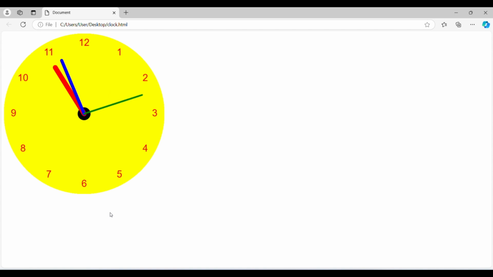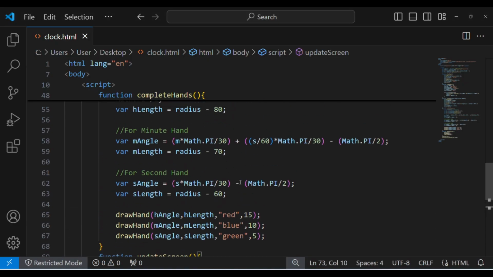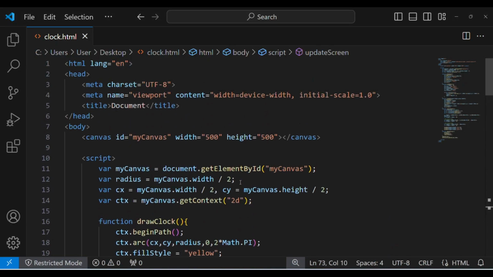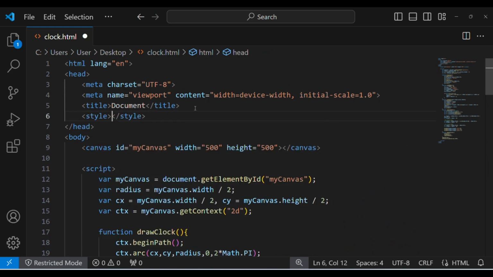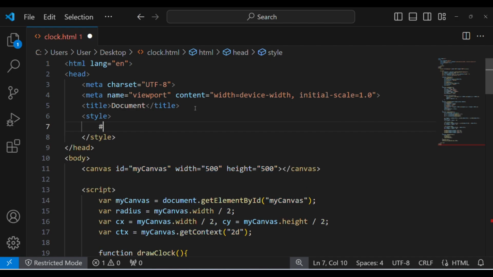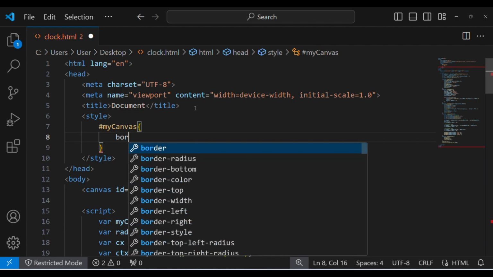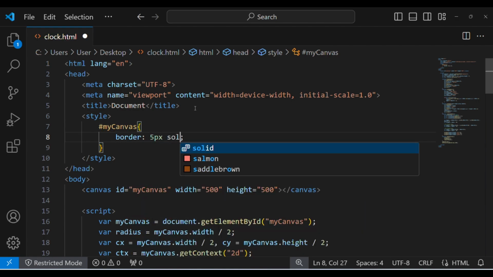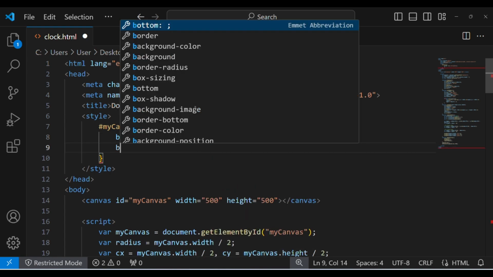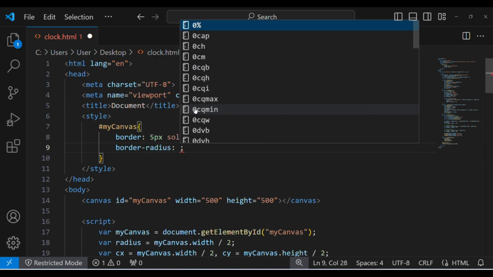Now let's add some CSS. Come back to our HTML file. Let's scroll up, and here we are going to add some CSS. My canvas, and within this we are going to add border 5 pixels solid sand, then border radius, it will be 50%,